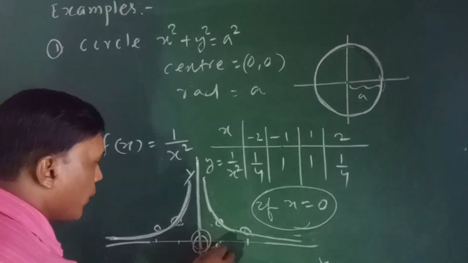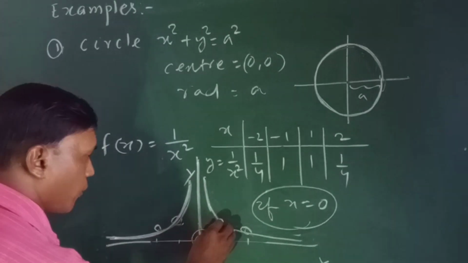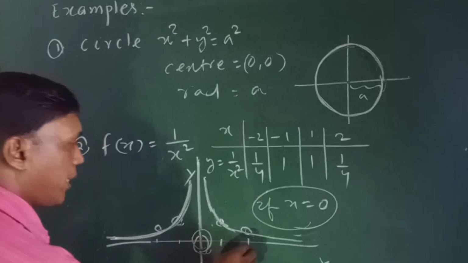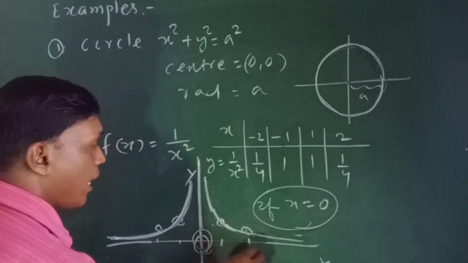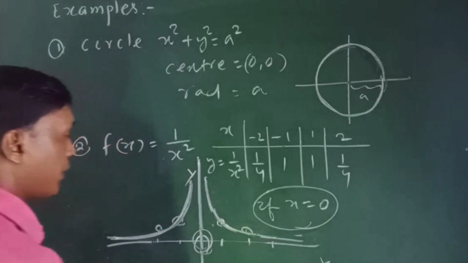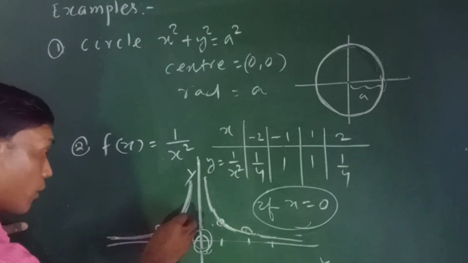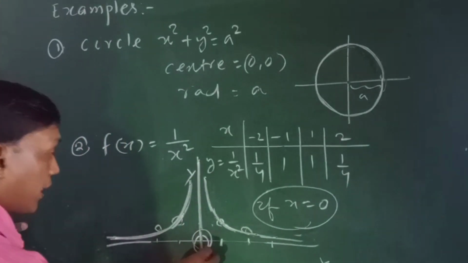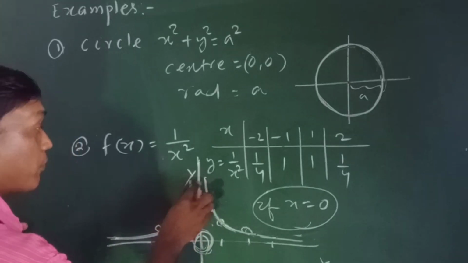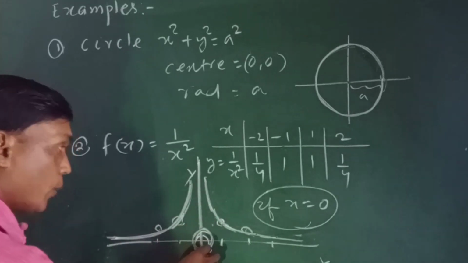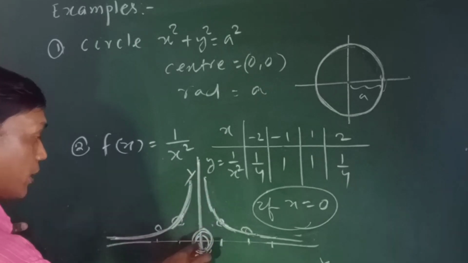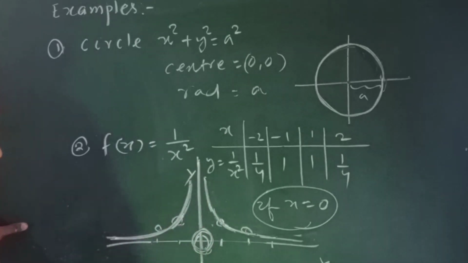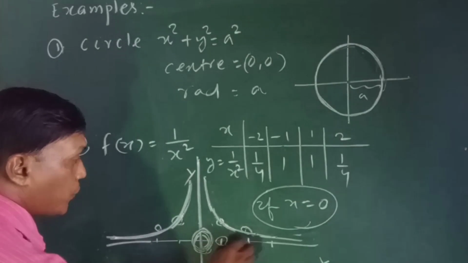तो कहाँ डिसकंटिन्यूस हुआ? एट ओरिजिन. When x is equal to 1, the curve is here, means continuous. At x is equal to 2, the curve is continuing. At x equal to 3, the curve is continuing. At x is equal to minus 1, the curve is continuing. But at x is equal to 0, there is no part of the curve. जब x 0 हो गया, कर्व का कोई भी पार्ट यहाँ नहीं है. So the curve is discontinuous at x is equal to 0. These are the values of x.